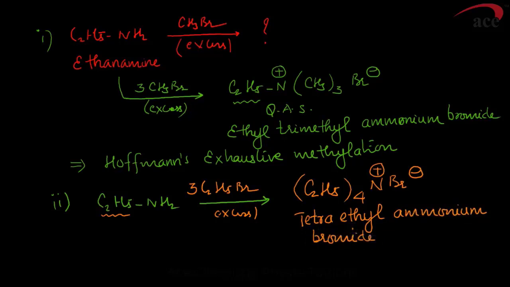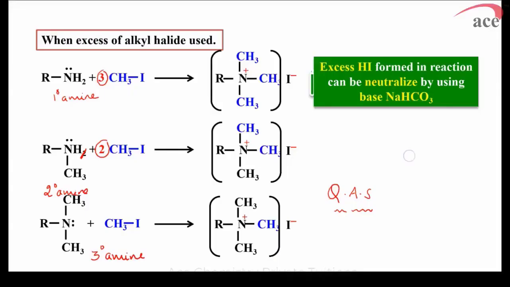Again, primary amine will consume 3 moles of alkyl halide to form quaternary ammonium salt. So if they ask you MCQs, we can directly analyze also. In the second example, I took ethanamine with ethyl bromide, which finally gives tetraethyl ammonium bromide. Next, what we have is